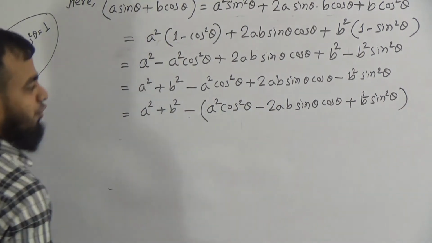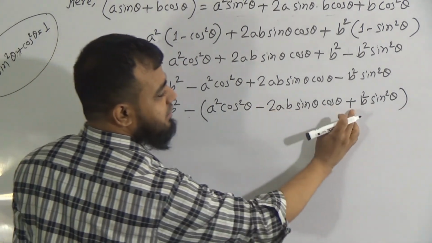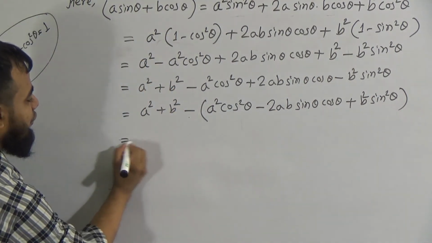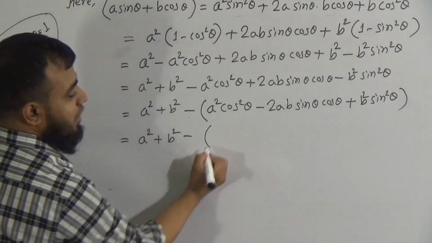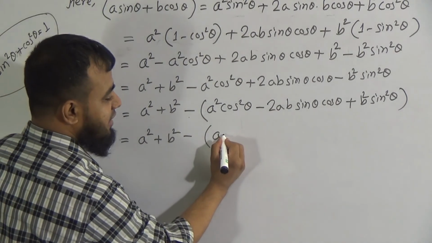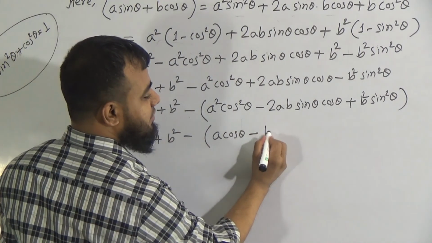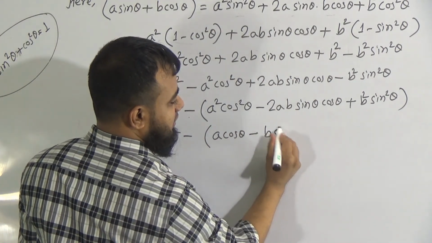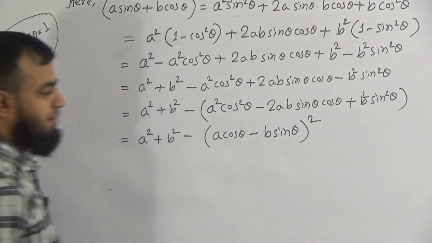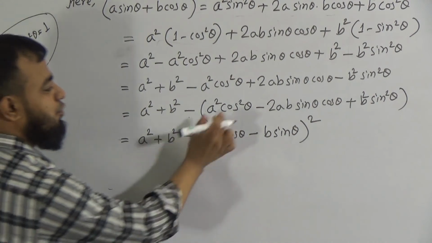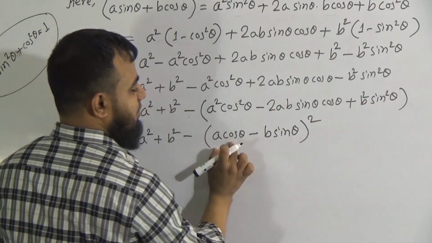Now we can create the formula of a square minus 2ab plus b square. The formula of a square minus twice ab plus b square equals what? Equal to (a minus b) whole square. Here a means a cos theta, and b means b sin theta. (a minus b) whole square, okay? I think you have understood. This is the formula, a square minus twice ab plus b square. So it is as a, it is as b, (a minus b) whole square.